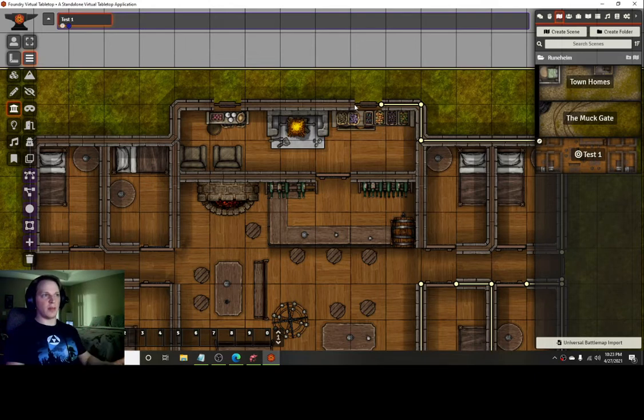Just right click on the mouse and it'll get rid of that and let you continue on. Because if you hold control and you move off, it'll hang on, but if you just right click, it'll stop. And once you get to where you need to, you can go through and add your walls, and we'll